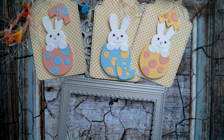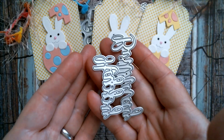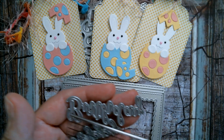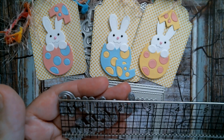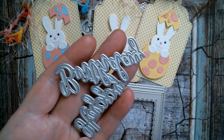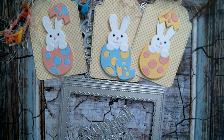And I used my Happy Birthday, which is a great size. I'll measure the birthday for you. I use this one quite a lot because it just fits nicely on cards. That is almost 2 3/4 inches, the birthday. And then I used one of my absolute favourite bow dies and